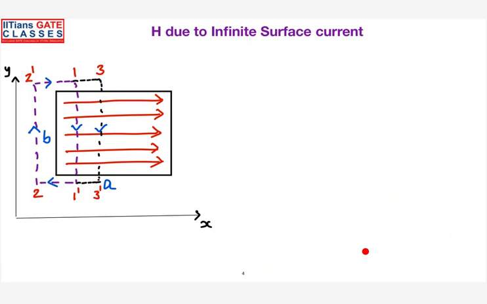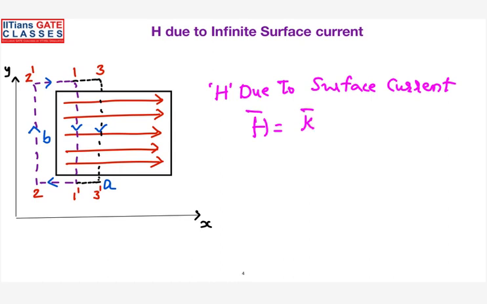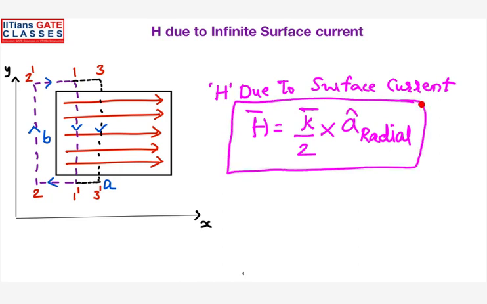So when you summarize it, I can say that the magnetic field due to a surface current will be given by the magnitude K by 2, and including the direction, it will be the element direction with the radial direction. So this is the generalized equation you can use when you go to any problems. Here the magnitude is K by 2. But if you want to speak in terms of direction also, the direction, yeah.